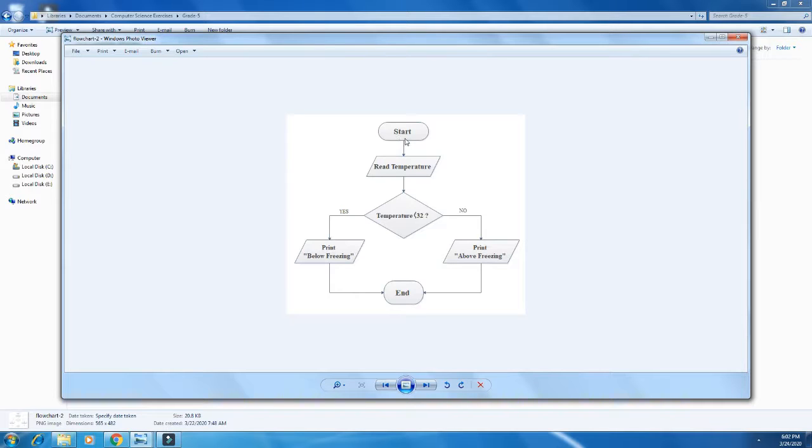Let us discuss about this flowchart. Here this is the start symbol. Now the next symbol is input output. So in this input box, temperature is reading. So temperature is the input. So this flowchart input box is taking the temperature, and then after taking the temperature, this is the decision box. The temperature is below 32 or above 32. If below 32, then it will go for yes. If the condition is true, it will go for yes,